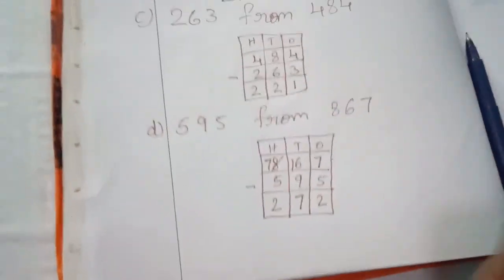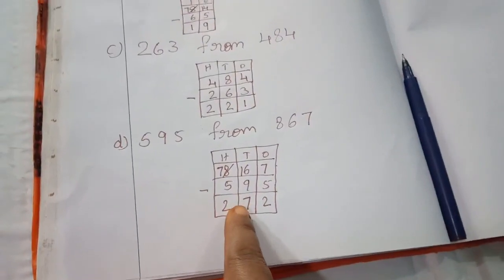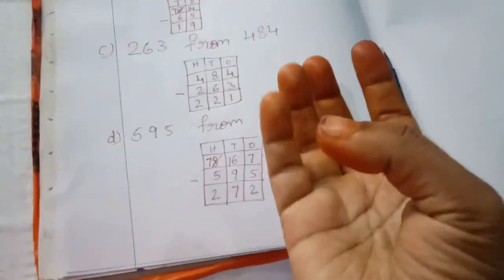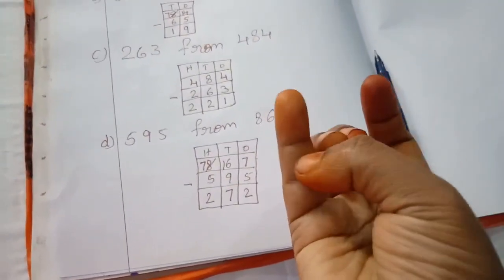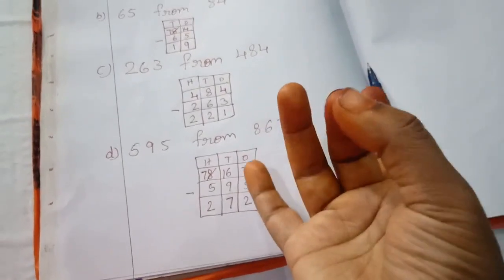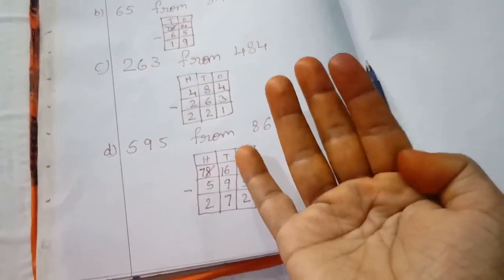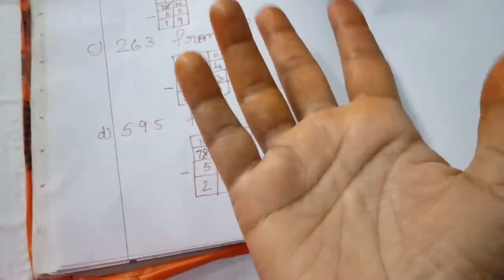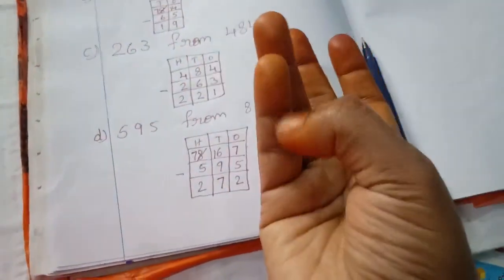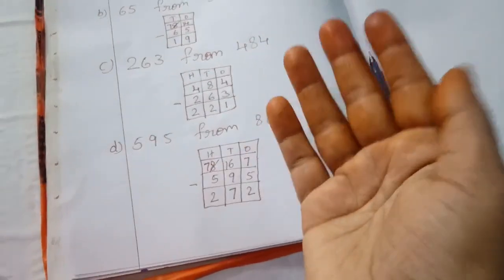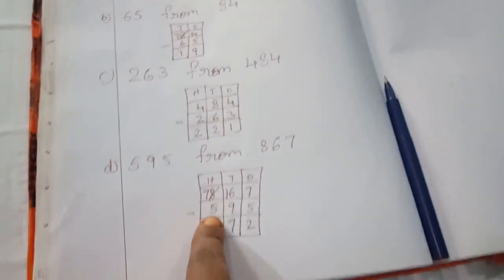See, children, if you count on fingers, you can't count when there are so many numbers. That's why you should count this one. Okay, 1, 2, 3, 4, 5, 6, 7, 8, 9, 10, 11, 12, 13, 14, 15. See, 5 fingers we will get 15. Yes, you can easily do it with these fingers. Okay, you can use this. Use it and do the sums. Understood, children?